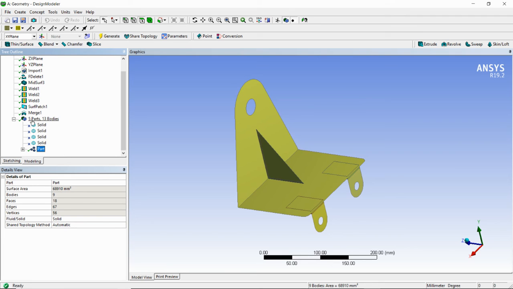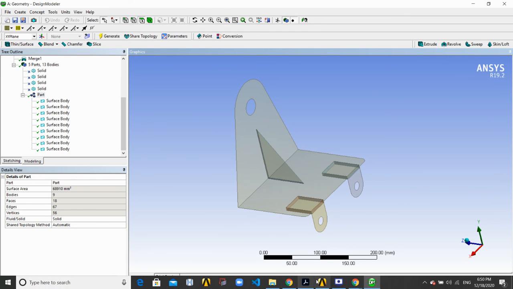Now you can see the five parts. This solid part is also considered; I can delete it, but I will leave it as it is. This is one part and the others are all surface bodies, that means this is my one part and these are the sub parts of that one part. So my model is ready.